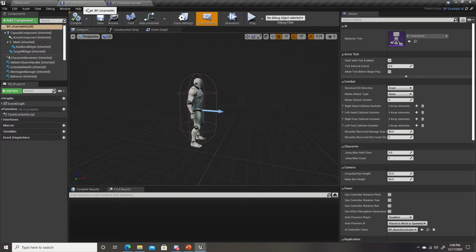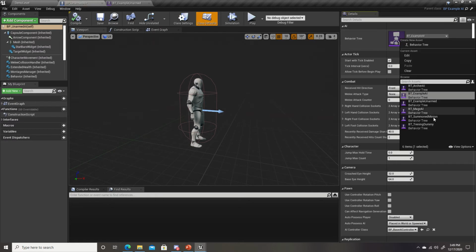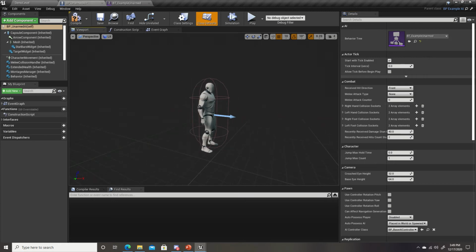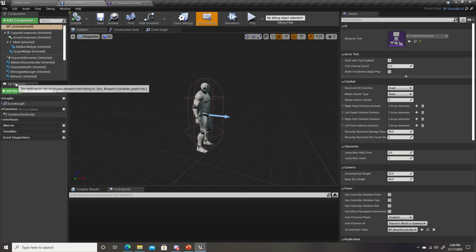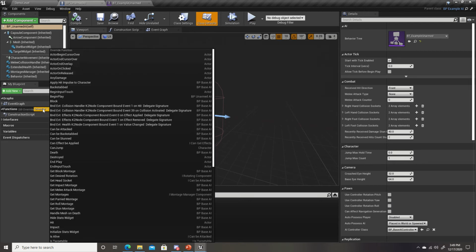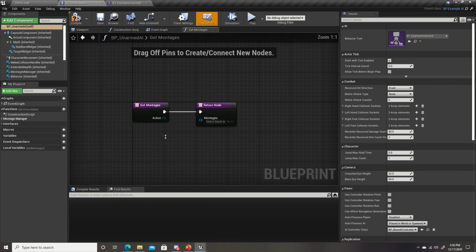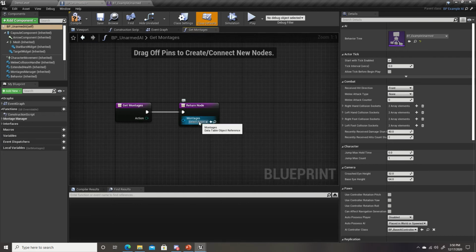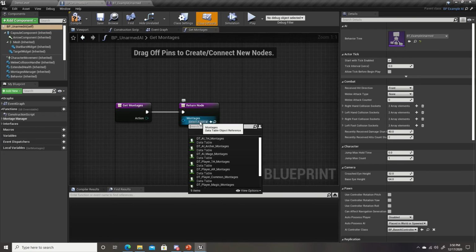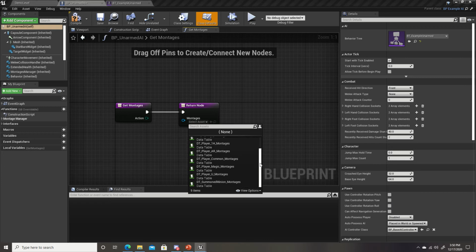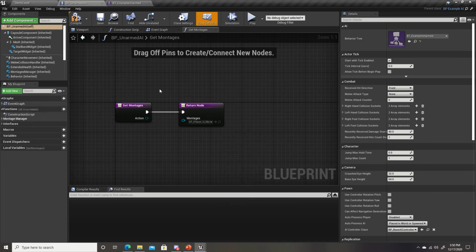Okay, now let's go back to our BP Unarmed AI, and in the class defaults, let's set the behavior tree to our new behavior tree, or the BT Example Unarmed. Now go to your functions under the My Blueprint tab, and we're going to override the Get Montages function. And here let's set it to, we're just going to use the one the player has already made, player U Montages,